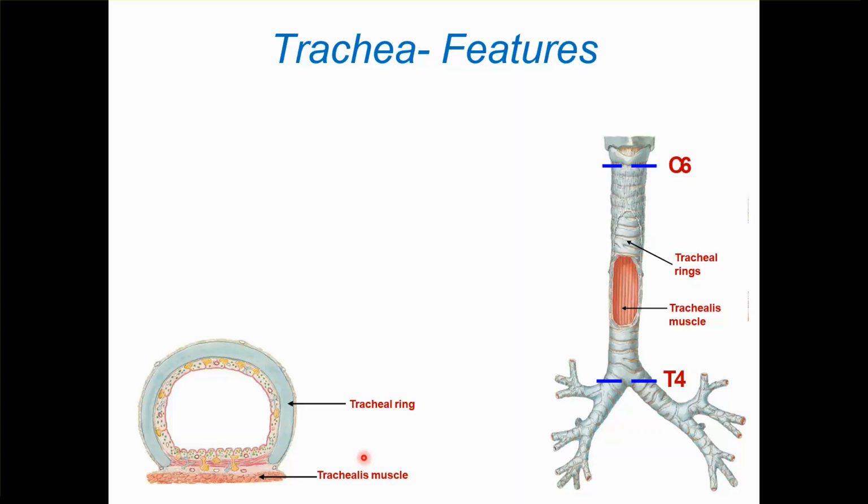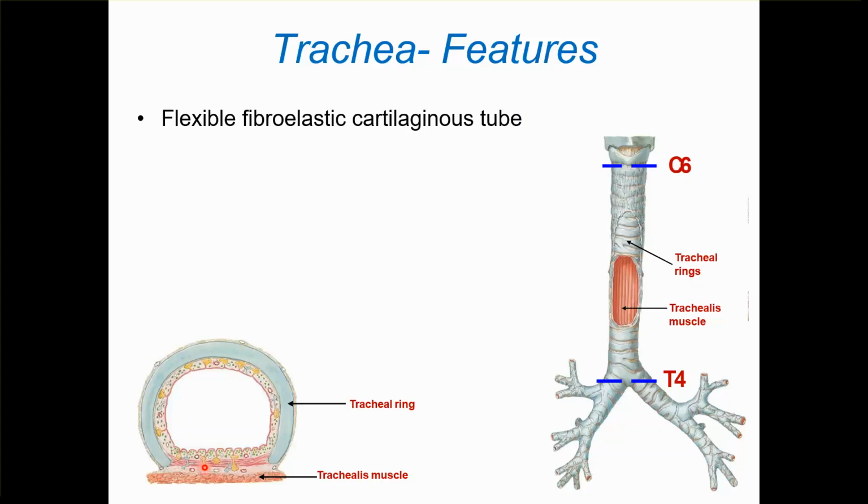Next, coming to the trachea. The trachea extends from C6, cervical 6, till T4. Then there is a bifurcation at thoracic 4, which is at the angle of Louis. It is made up of 15 to 20 tracheal rings. If you take a cross section, you can see a C-shaped tracheal ring, which is bounded behind